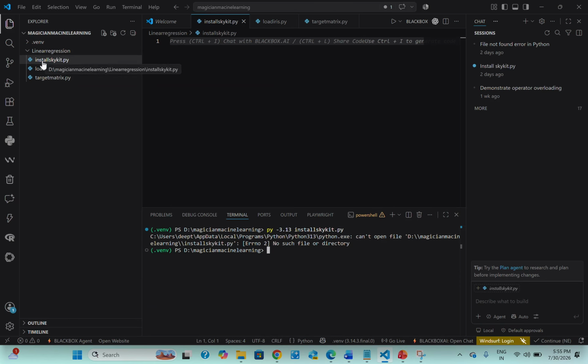we have to create a file called install_scikit.py. The name is up to the user or practitioner. Here, since my intention for this program is to make the system ready for ML, I have used install_scikit.py. The first thing as a machine learning programmer, we should install some of the packages.